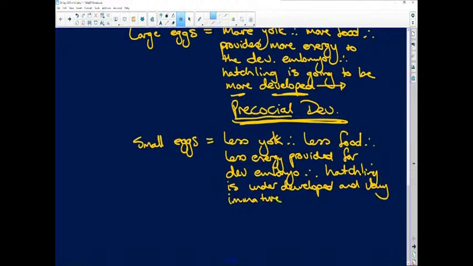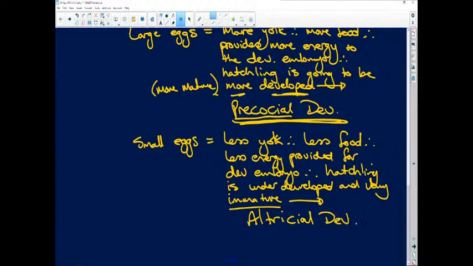It's immature. Okay, so here they're going to be more developed, and here I'm just going to add this in. They are more mature because they can fend for themselves. Here they are immature, all right? And that kind of development is called altricial development. And altricial, if you think of the word,